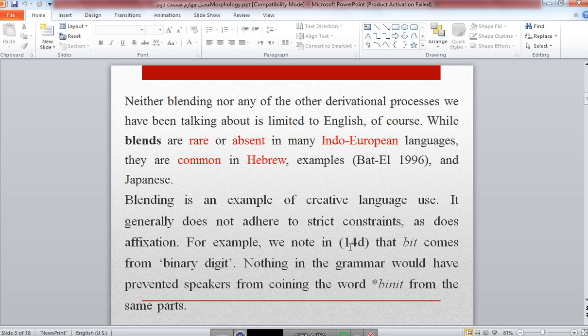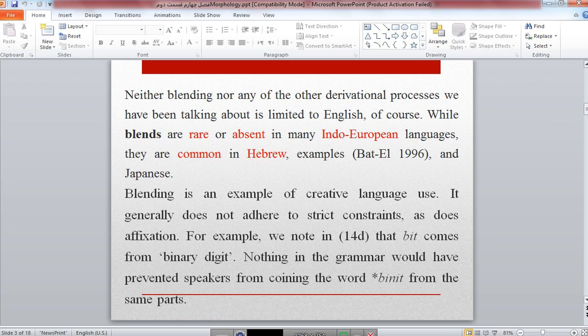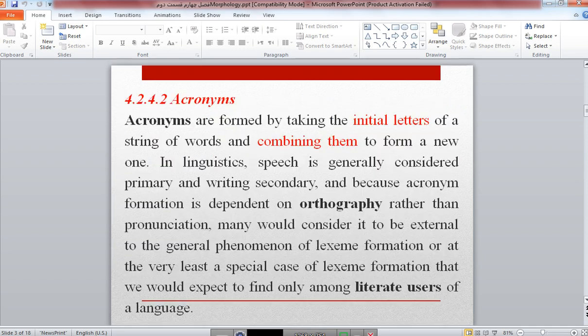So this is the definition of blending. As you see, we blend some parts of the first word with the second word and produce a kind of word. The other process,